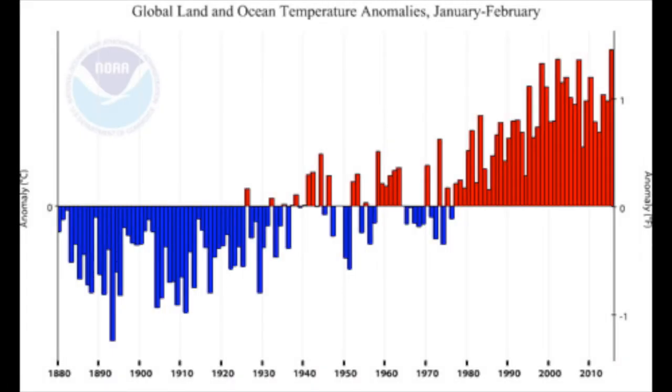How has this affected our global temperatures thus far? Let's take a look at another graph produced by the National Climatic Data Center. This graph shows global land and ocean temperature anomalies from about 1880 to present day. The blue color indicates cooler than normal temperatures, while the red indicates warmer than normal temperatures. So, since about the 1950s, the global average temperature was above normal and increasing in magnitude. In fact, the 5 warmest years on record are 2013, 1998, 2005, 2010, and the warmest year on record being